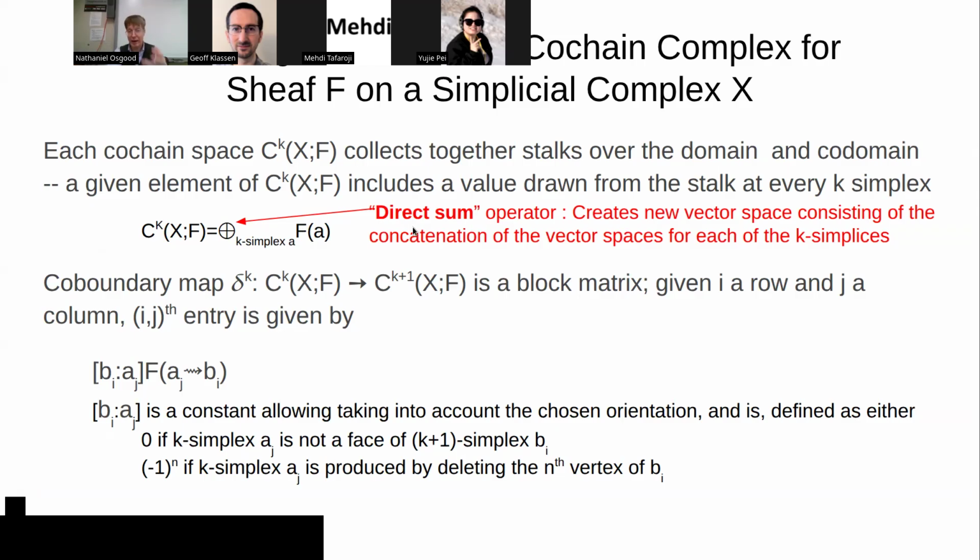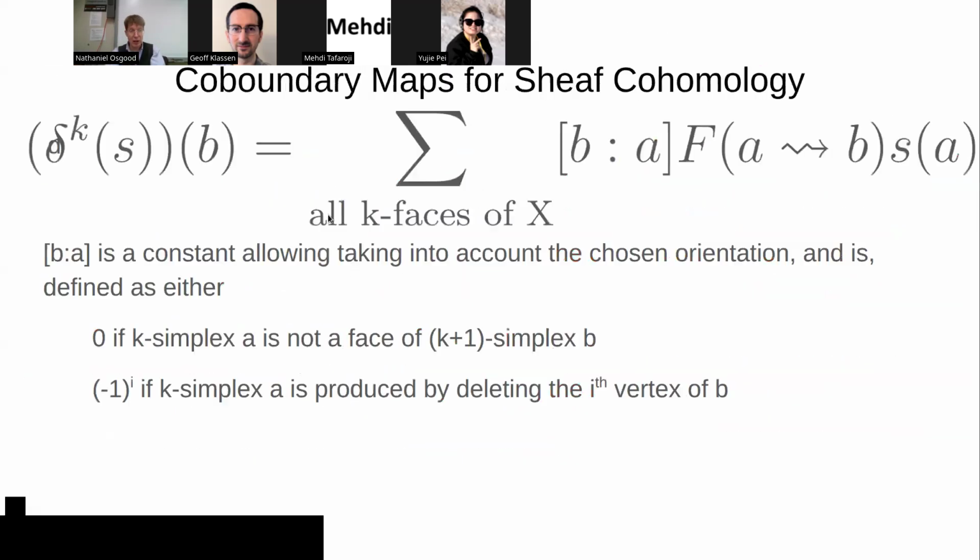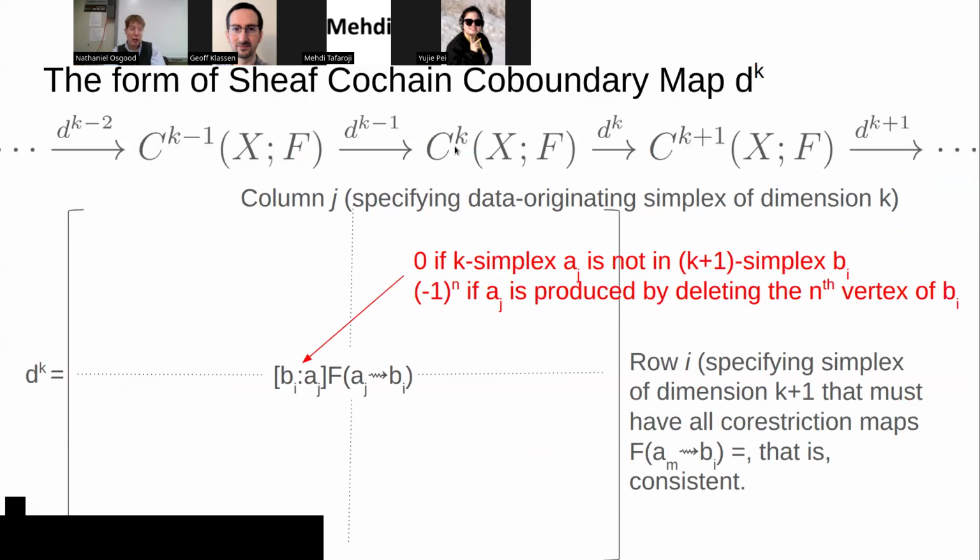This is called the direct sum operator. Basically it means what's over the k-simplices. If we consider C^k, remember this idea of bundles? Imagine you have the k-simplices down here at the bottom, and over them,